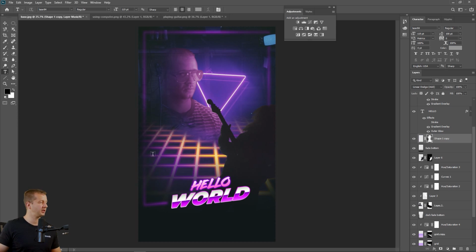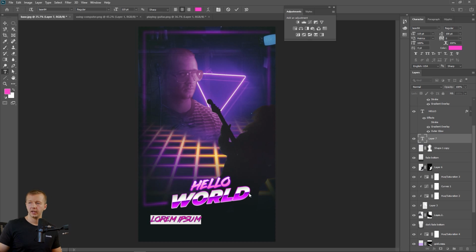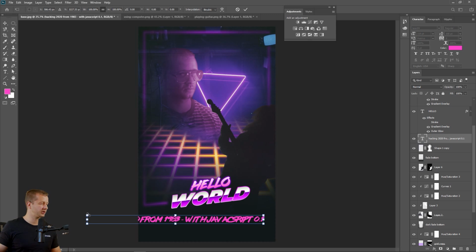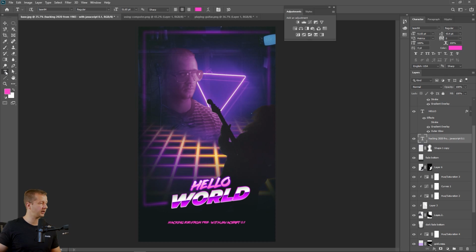All right, so finally, to sum this up, we'll be done in a few steps. Let's take a new type layer. So get the type tool or hit T, left click, and we're going to put some text. Hacking 2020 from 1983 dash with JavaScript 0.1. All right, Control T will scale it. Hold Alt while scaling to make sure it doesn't really skew or screw up the